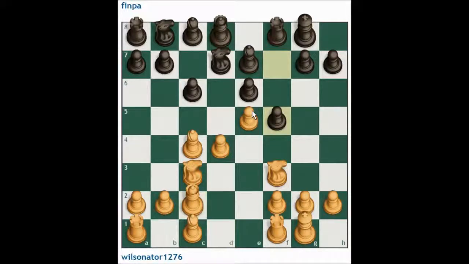There's a couple things you could try to do here. Some moves would be taking en passant, but you have to also look at your opponent's moves, and pawn moves always leave a weakness behind. So what did f5 leave behind? Left behind the e6 square. So here I can just take with the bishop,